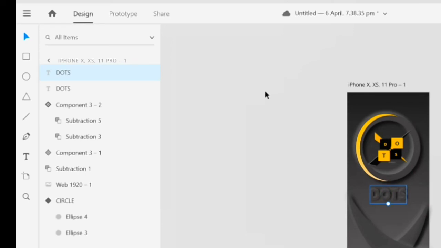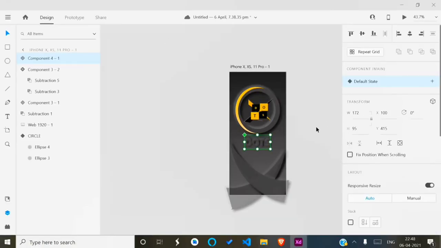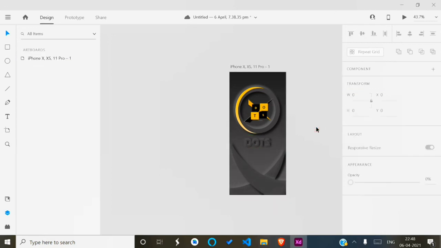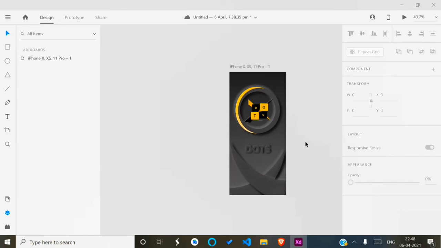Now select both texts and make it a component. And now you can adjust it as your choice. Now you can also adjust the above logo by making